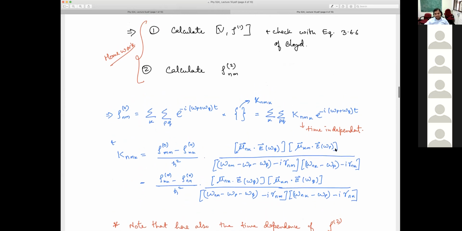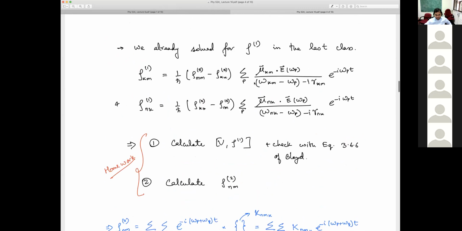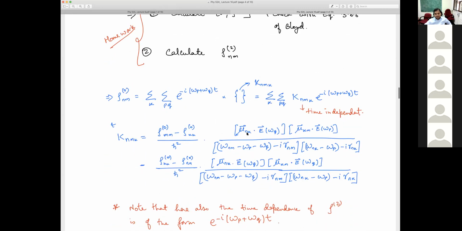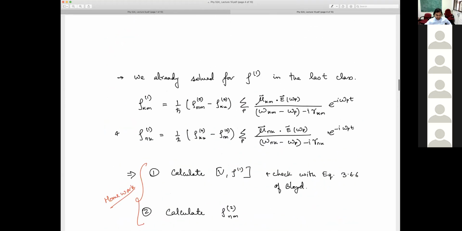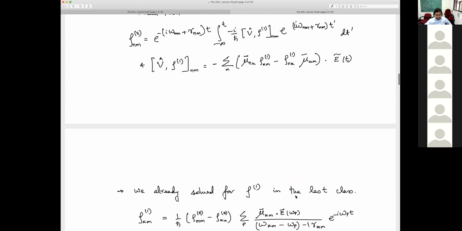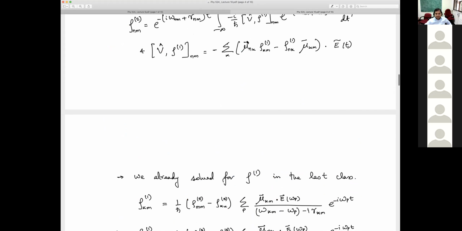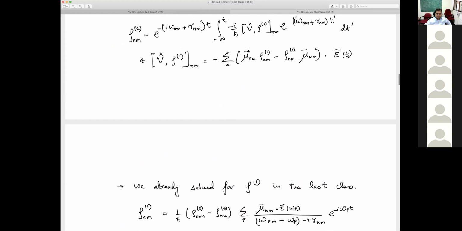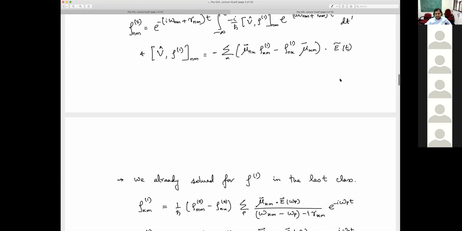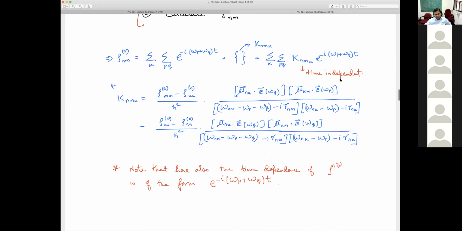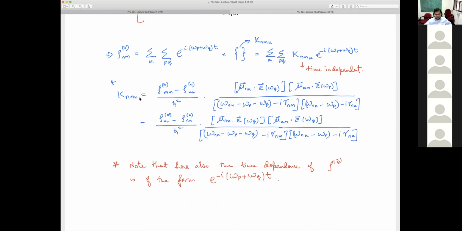And I have all of these basically the mu dot e which come from the second interaction. So I already had mu dot e here, and the other part will come from mu which is here, and dot e basically. So I get two powers of mu dot e, and depending on which orbitals I am considering, etc. So remember that here nmk are all orbital indices, in terms of the non-interacting Hamiltonian. Okay, so that's what I'll get basically.